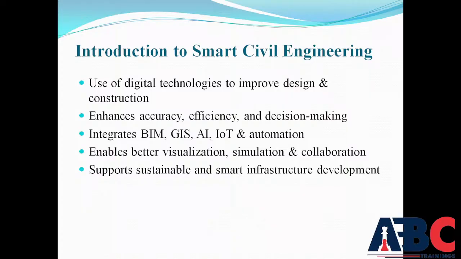In short, we have a number of traditional methods and engineering practices, and from them we can integrate ourselves into new cutting-edge digital technologies. It also focuses on creating smarter, more efficient, and sustainable infrastructure.